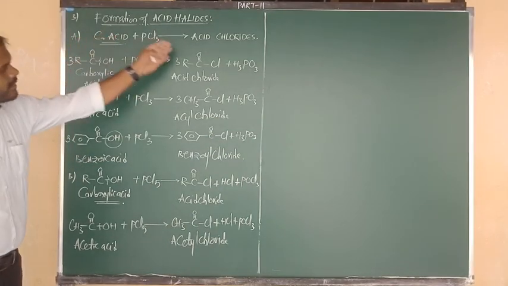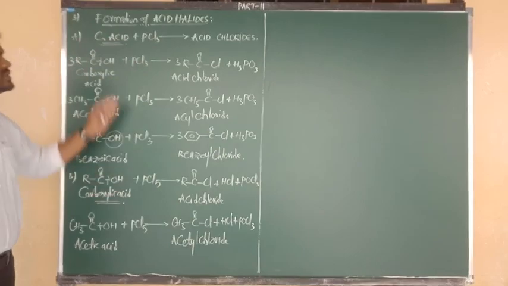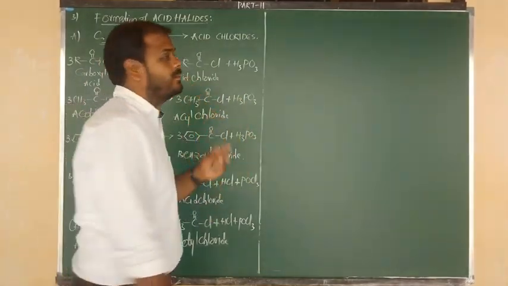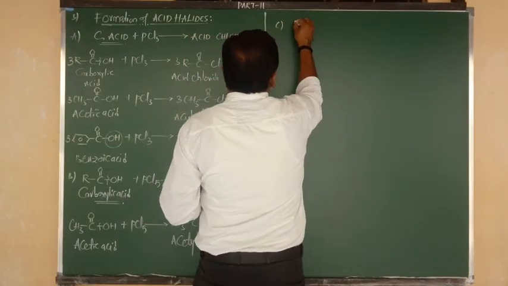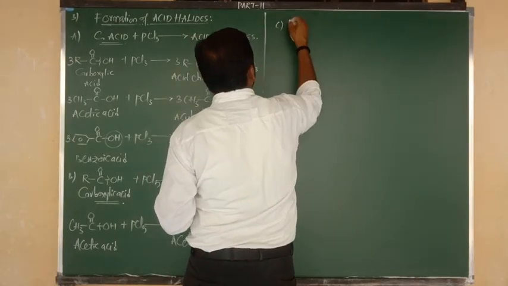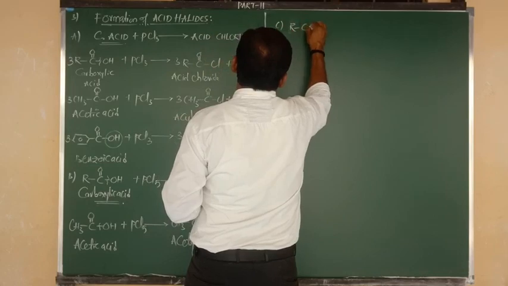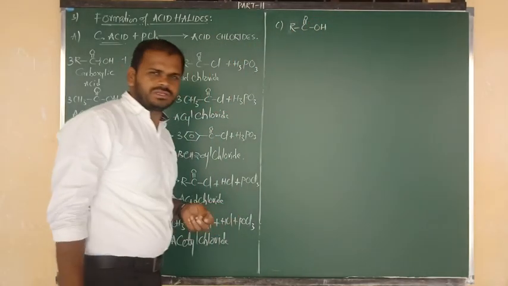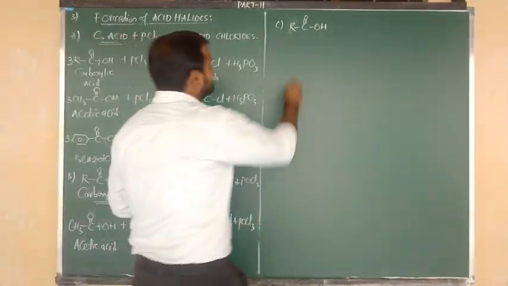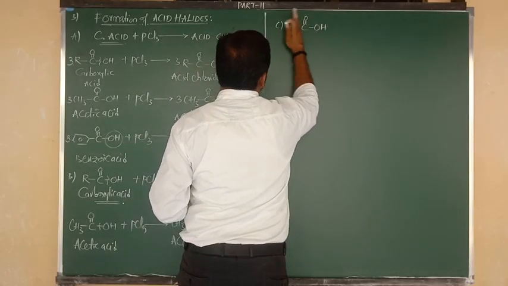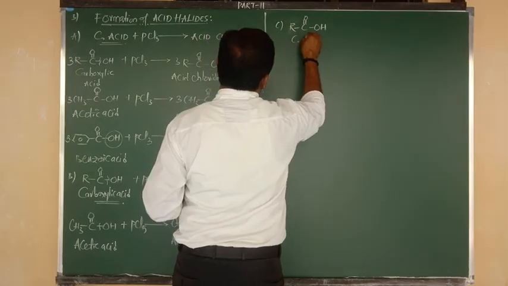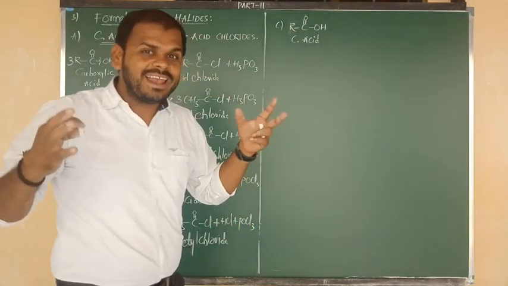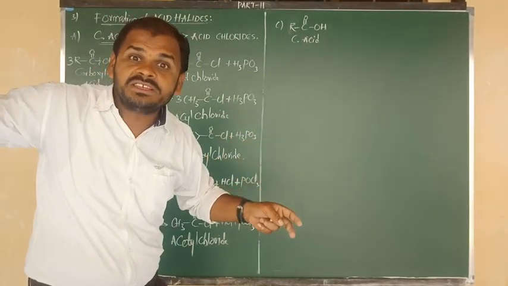So here are method number 1 and method number 2 for the conversion of carboxylic acids into acid chlorides. Now method number 3. Here I am going to give the direct reaction again. Carboxylic acids are bonded to C double bond O, C double bond O bonded to OH. What's the formula? Carboxylic acid. I am going to write here: carboxylic acid. When it reacts with thionyl chloride, it is taken in the Darzens process.